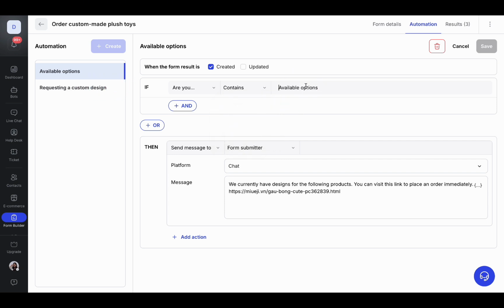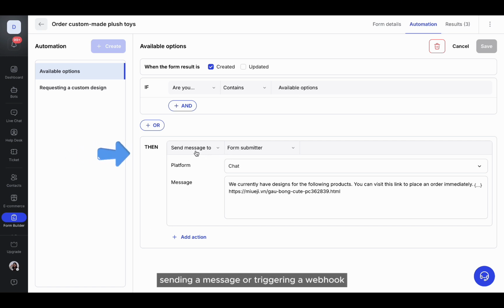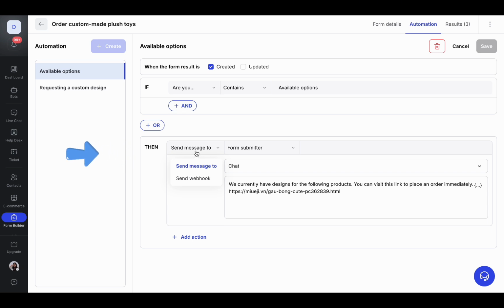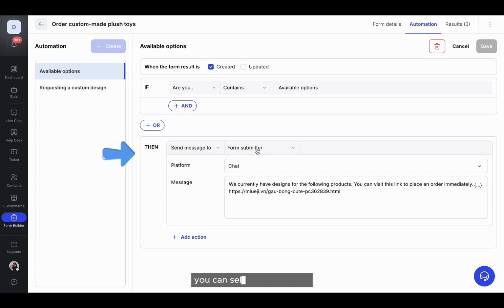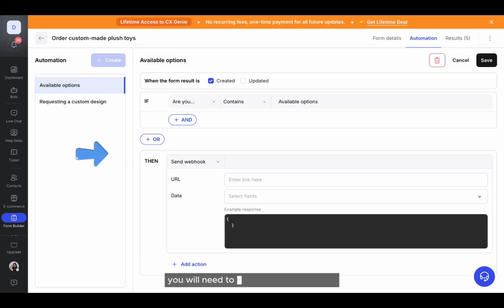value here. In the Then section, there are two possible outcomes: sending a message or triggering a webhook. If you choose to send a message, you can select the recipient: the person who submitted the form, the team, or specific fixed members. If you choose webhook, you will need to configure the webhook to send data to an external